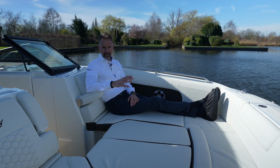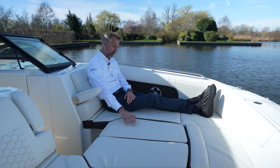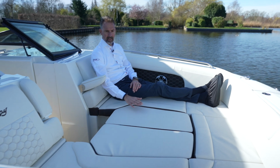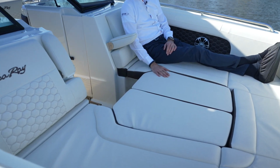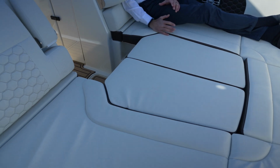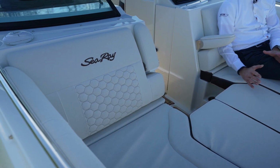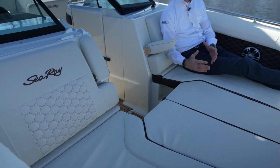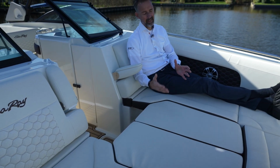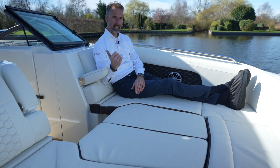Not only that, a thing that I particularly like about this boat is the upholstery. This is the Harlow Coconut, which I'm afraid won't be available on all boats and won't be available for very long. This is a boat that is being built in Poland now. That is a first. This, I think, is one of the very first SDX 290s, especially in an outboard version